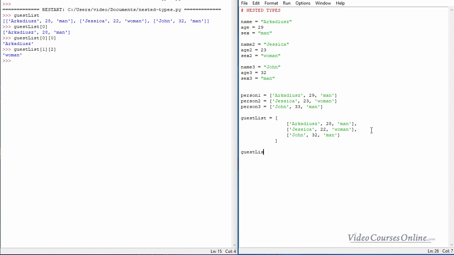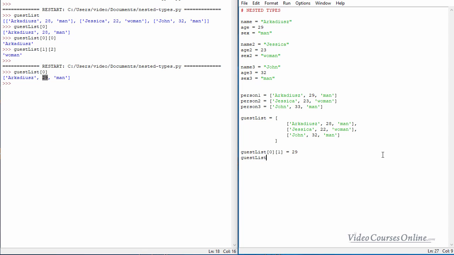We can easily change elements like that. For example, guest list of 0, of 1, which is for example my age, right? Notice that I typed here 29, here is 28, so I need to change it back to 29, for example, right? And when we run the module and we access guest list of 0, you'll notice that my age has changed. It's working fine. So you can easily change the values, you can access them,